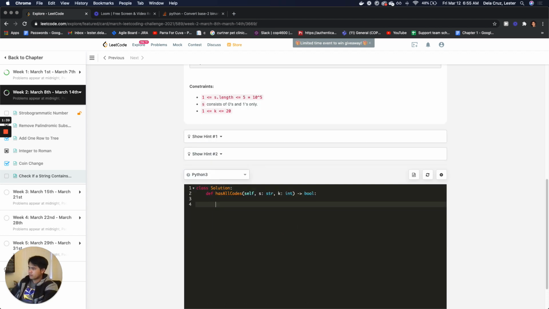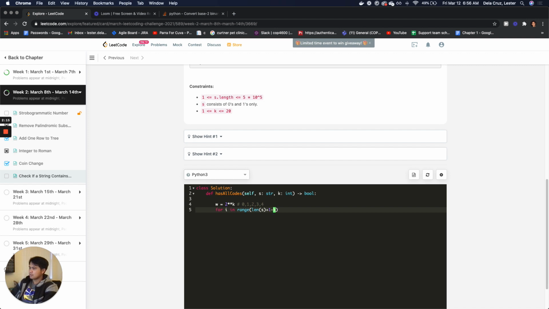So all we have to do here, I'm gonna set the expected number of items to get to be 2 to the power of k. This means that if k equals 2, we have 0, 1, 2, 3, and including 4. But I'm gonna do that check in the for loop. So for i in range, length of s, I'm gonna increment it by 1, and then I'm gonna